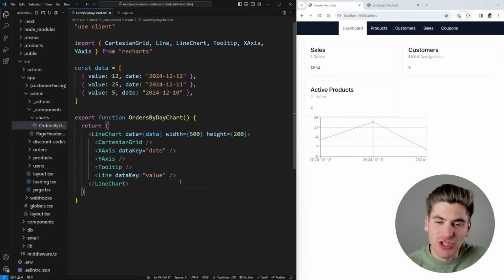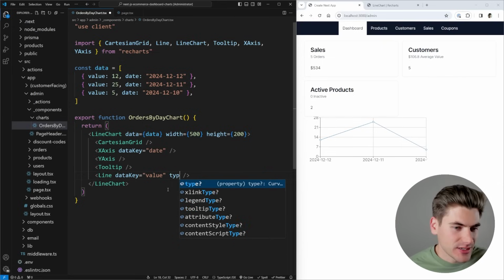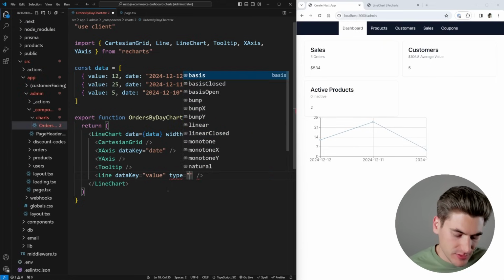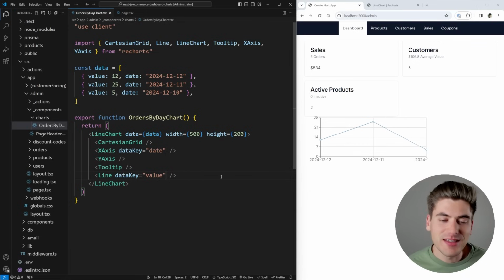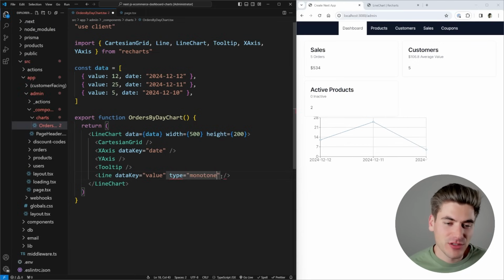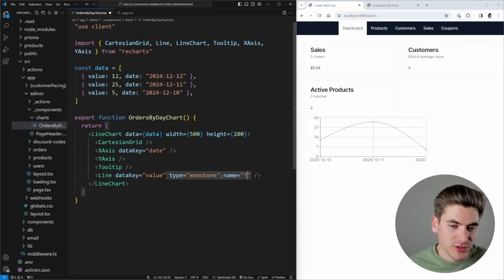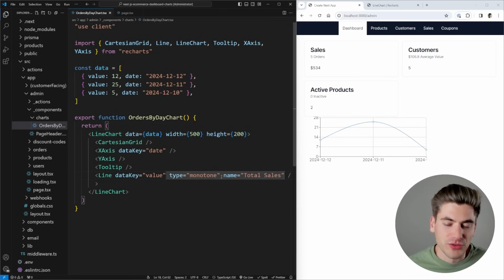Now we can do a lot of changes to fine tune exactly what this looks like. For example, on our line, we're going to give this a type here of monotone. Just like that. So that's just going to make it so that we have a curve in our graph instead of straight lines. If you wanted the straight lines, you could keep it with the straight lines by doing this. It doesn't really matter. I kind of like the curvy look, so we're just going to come in here with monotone, just give it that curvy or more modern look. We can also give it a name. For example, this will be called total sales,